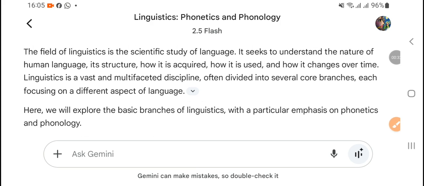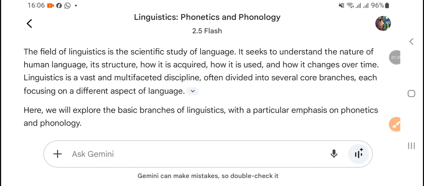Now it seeks to understand the nature of human language, its structure, how it is acquired, how it is used, and how it changes over time. So linguistics is a very vast topic, and it studies the nature of human language and what grammar is, what words are, how words are placed, how combinations of words work together, right? So that is structure. And then how language is acquired, how a child learns a language, how it develops the language, how you understand any language, Hindi, English, Marathi, Telugu, how you are able to decode or